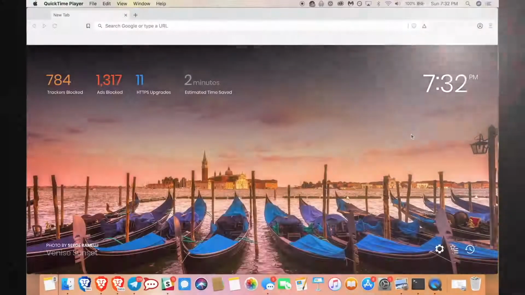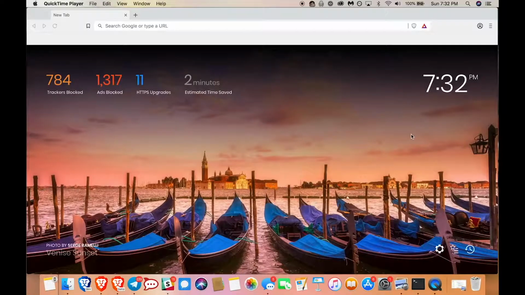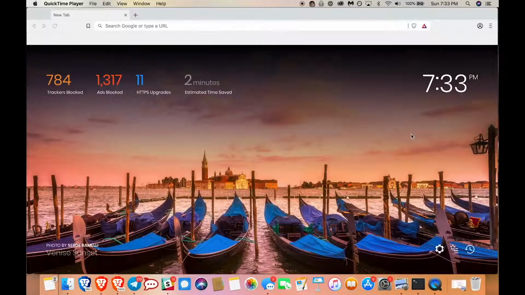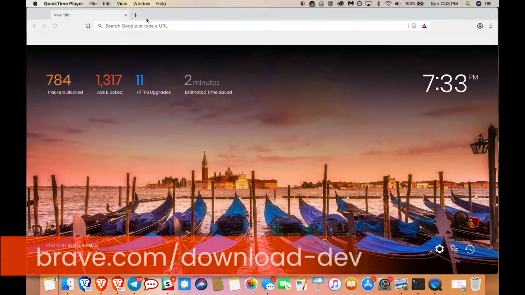Let's get started. A quick note before we begin. Brave Ads uses native push notifications. For Windows users, make sure that your Focus Assist settings are turned off to ensure that you are able to view native push notifications. The first thing you're going to want to do is to download and install the Brave Developer Channel release. Go to